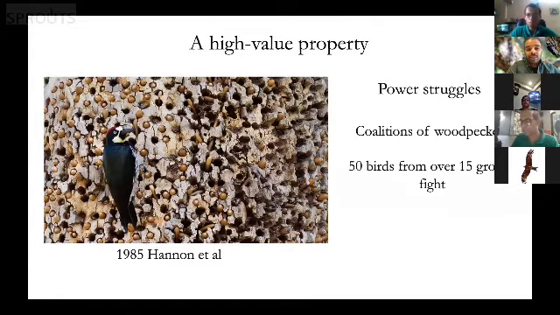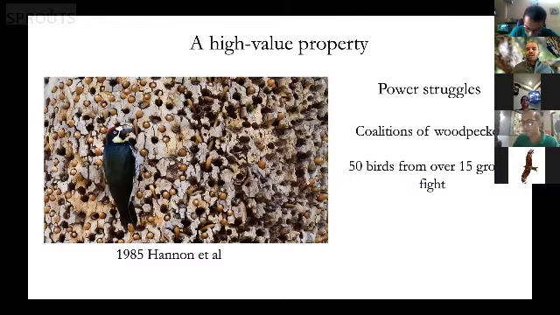These birds are fighting each other very violently, where you can see birds with their eyes gouged out, with their wings bleeding, birds falling to the ground fighting. I don't know if any of you watched World Wrestling Federation matches when you were a kid, but it's like a tag team cage match where one group is trying to beat all other groups, and these intense fights actually last for many days. And so you can tell how valuable these properties are.